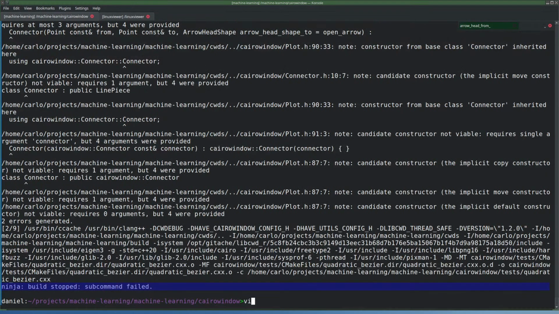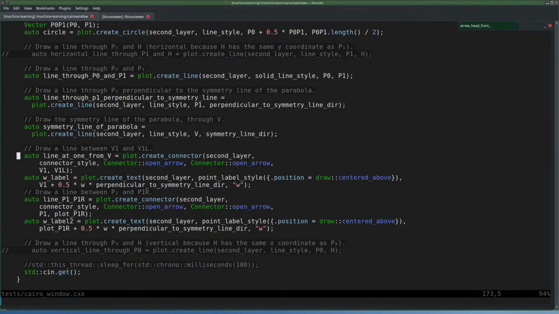Not sure. They are before the points, these two, in create connector,